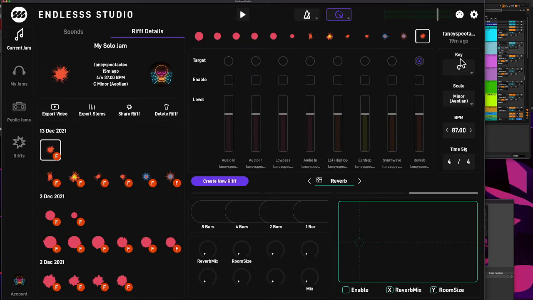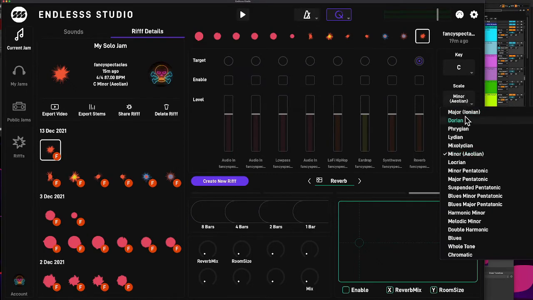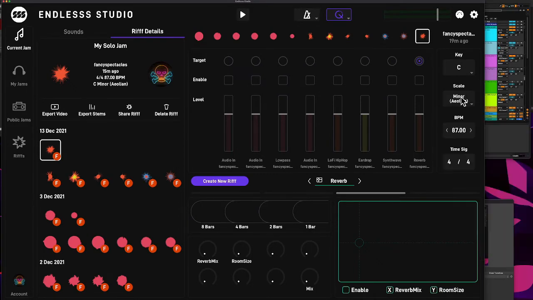If we go over to the right here, we've got this last little rectangular box where we have the key signatures. We have the scale, and you have a whole option here in the drop down of various different scales, quite a lot of scales in there. Your BPM, beats per minute, and your time signature here. Okay, so